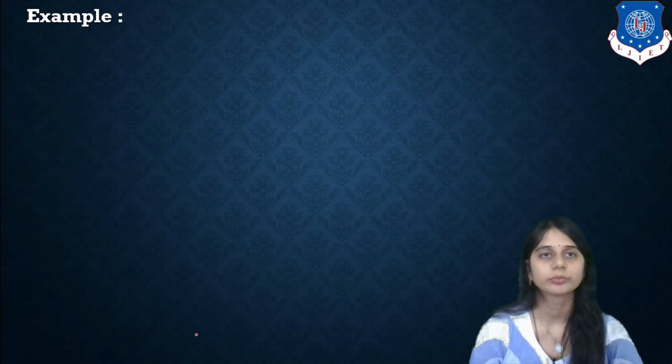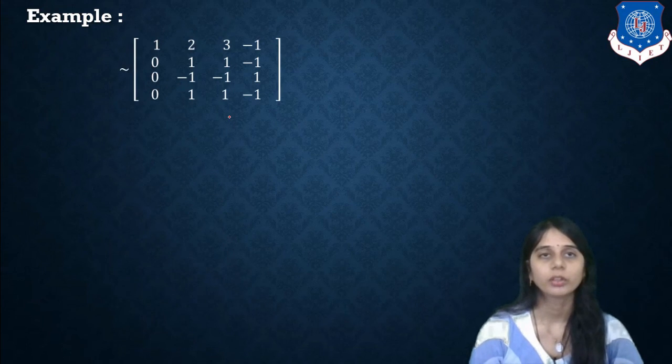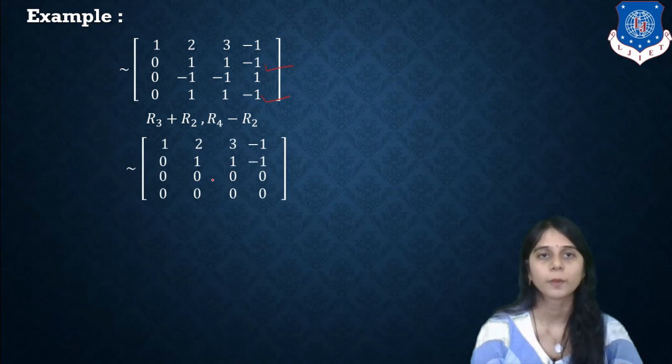So we get 1, 2, 3, minus 1; 0, 1, 1, minus 1; 0, minus 1, minus 1, 1; 0, 1, 1, minus 1. See, in this case, row 2 and row 4 are the same. So we take R3 plus R2 and R4 minus R2. So we get two non-zero rows. Now we are taking